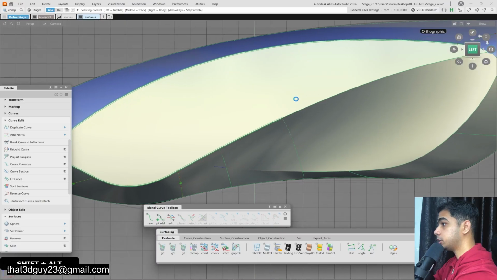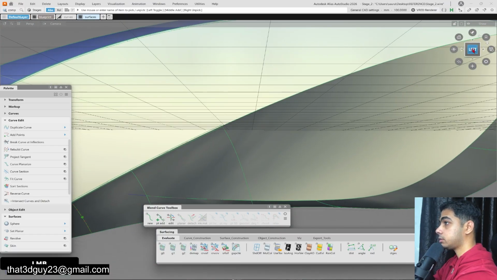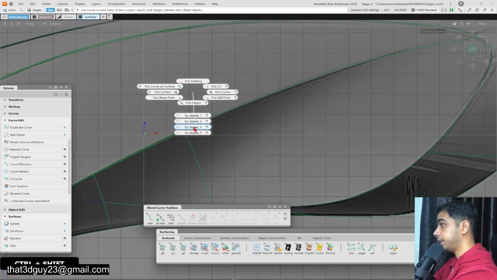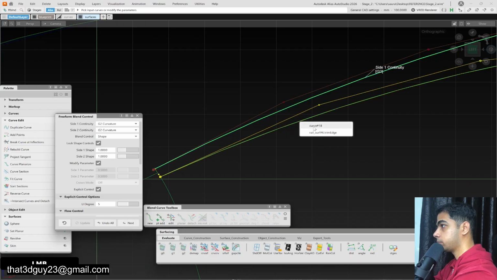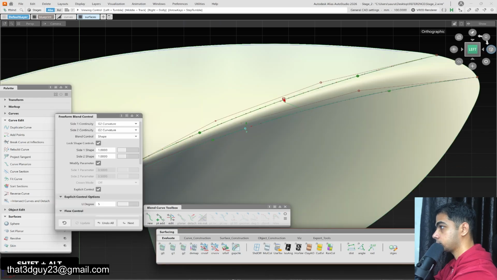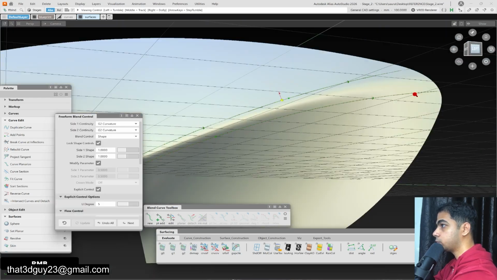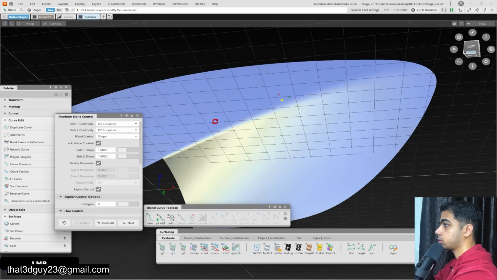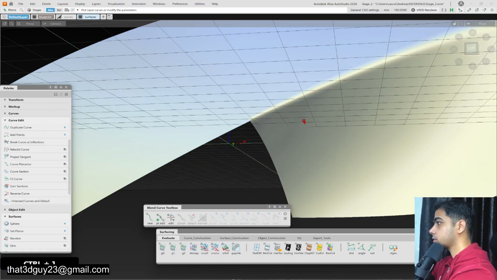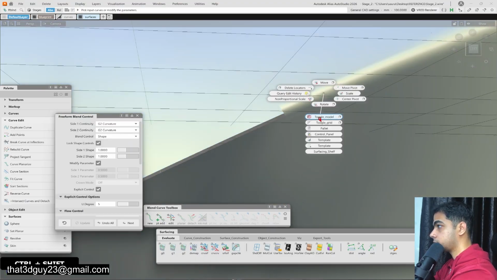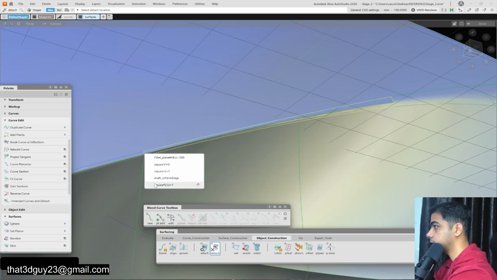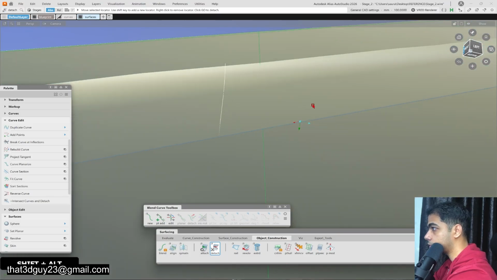So let's keep it this much, and from here let's try to blend it even more. So let's try to blend it now. Looks quite smooth, I would say. Will we be able to connect it? Perfect. Now what I'm going to do is I'm going to detach this over here